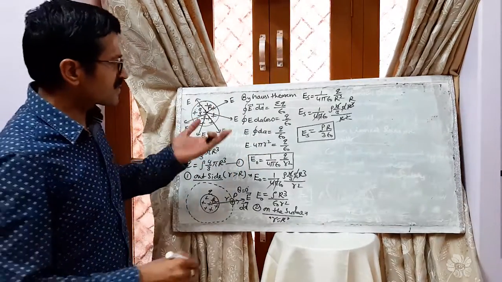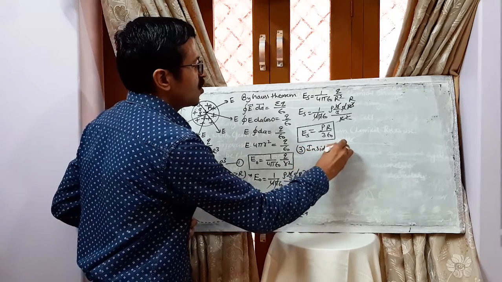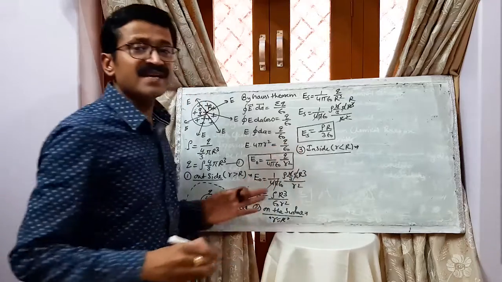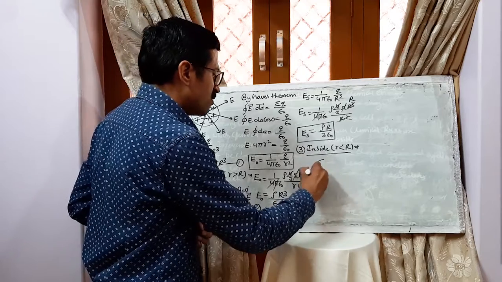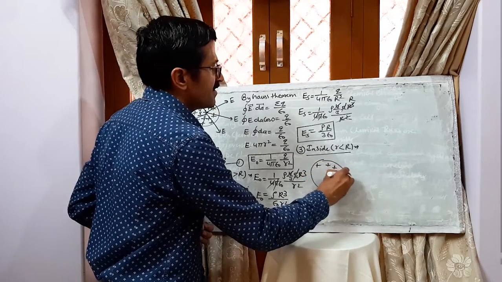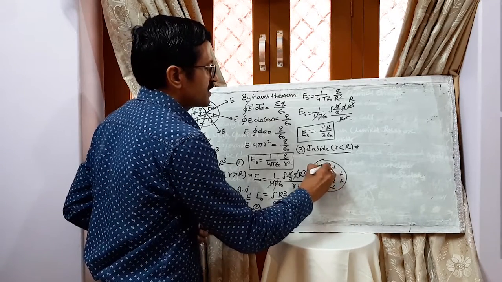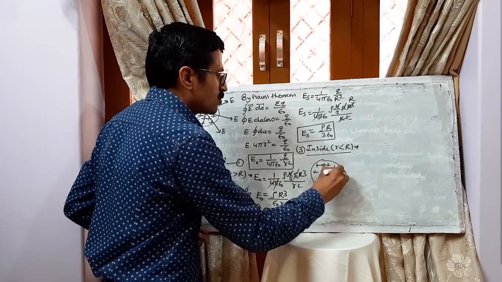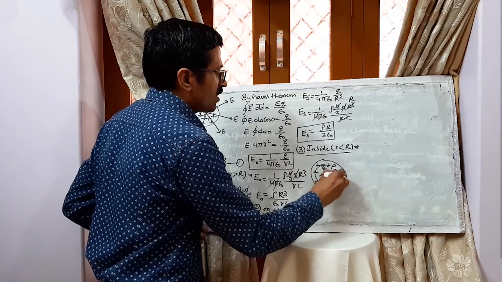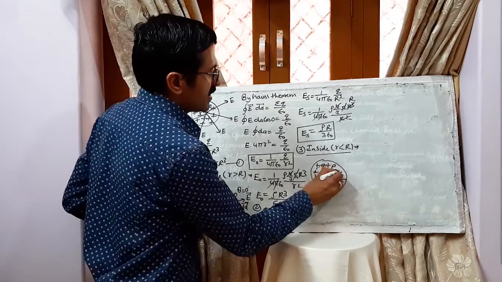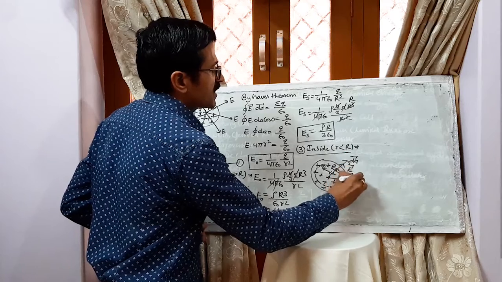Now, let us discuss inside. The third point will be inside. Inside means small r less than capital R. What happens in this case? Inside, we have to draw a Gaussian surface. This is the portion in which charge distribution takes place. Its radius is capital R. We have to find the electric field intensity at this point P. Then we have to draw a Gaussian surface whose radius will be smaller. Here there will be a small area vector dA vector and electric field vector E vector, both in the same direction.